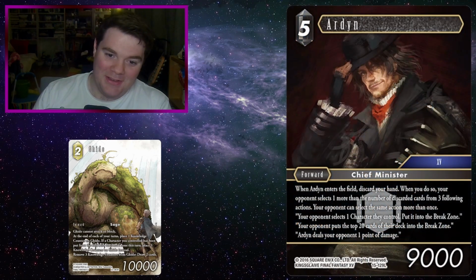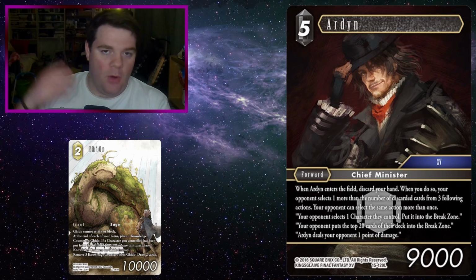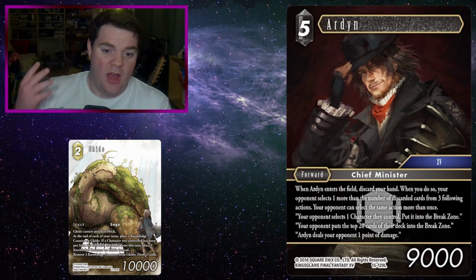And then finally Arden, because this could be quite funny. So when Arden enters the field, discard your hand. When you do so, your opponent selects one more. We know what Arden does, but ultimately you can go into your turn, let's say with 5 cards. And generally you always want to play Arden mid to late game when your opponent's got an established field, because the bad thing about Arden is the fact that your opponent can select the